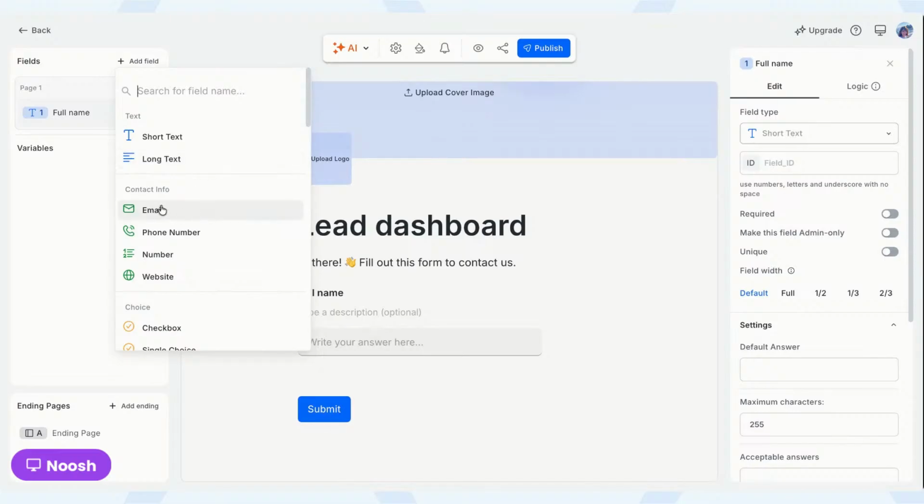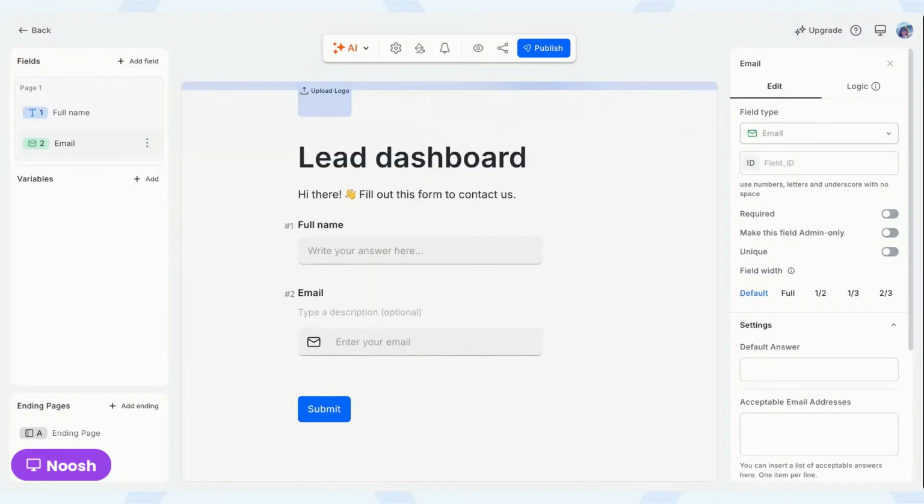So if you select an email field, it ensures that the user enters an email address in it. You cannot submit the form without it. So let's select an email field, and you can change the title to something like work email. So it shows the user has to enter a work email, but you can also use the custom validation